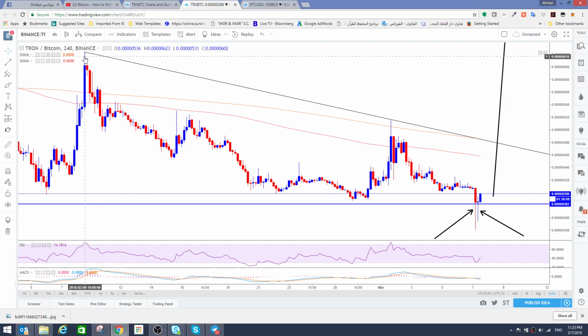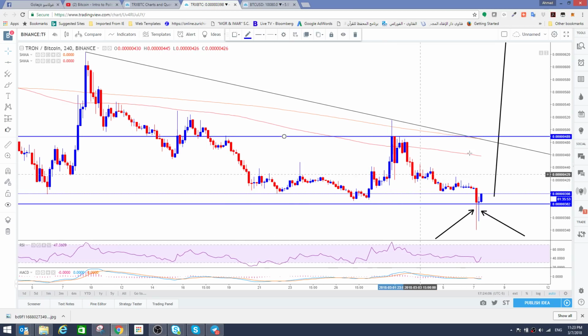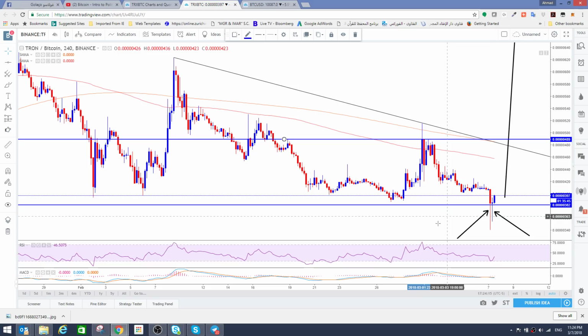Because for almost 1 month the price has been below this trend line. So anytime it breaks above this price, this is a confirmation that okay, it's now time to buy TRX again,